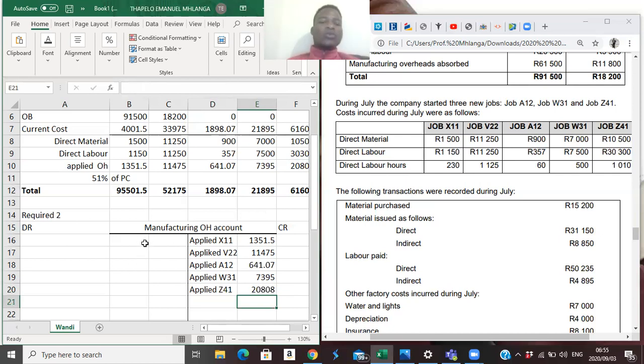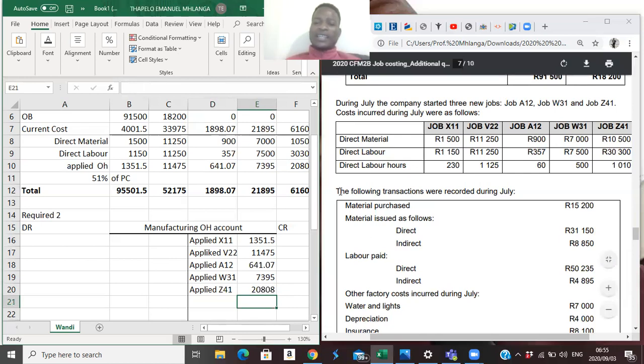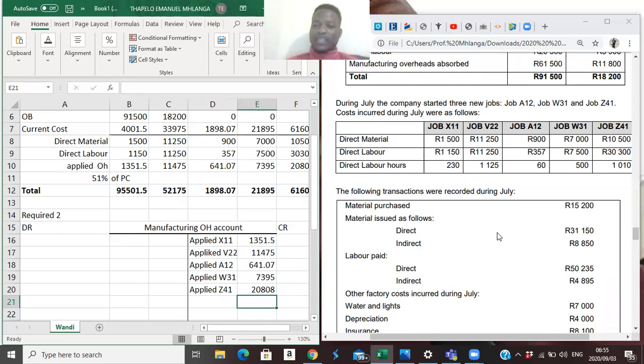And then now we're going to look for our actual overheads. Our actual overheads are given here. They say that the following transactions were recorded during July. We know that we have the material purchase, and always we're going to account for material issued, not material purchase, right, guys? So our material issued, direct and indirect. We know only the indirect will be our overhead. So we're going to start there and say our material indirect,